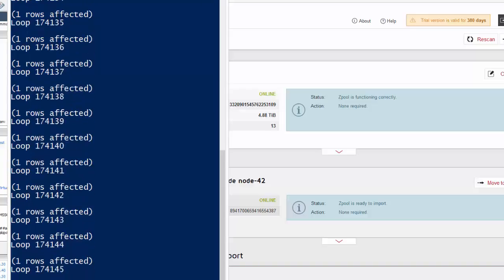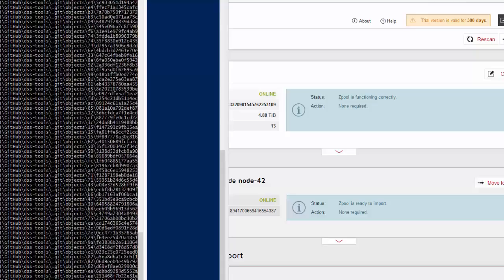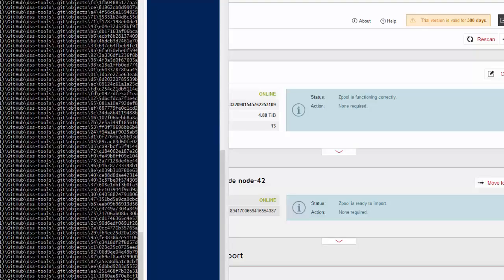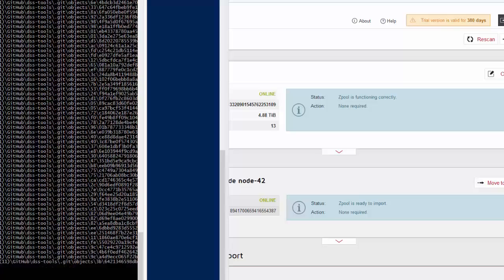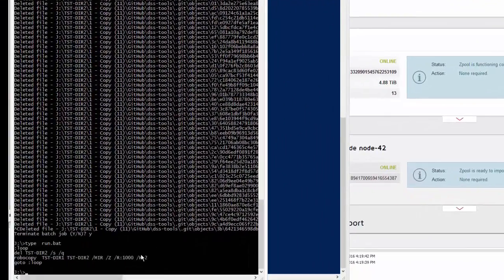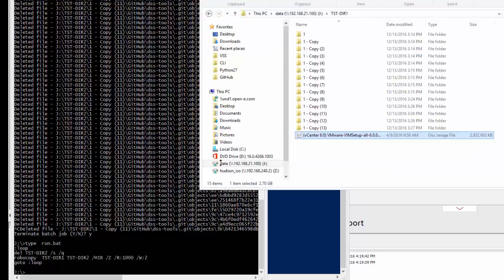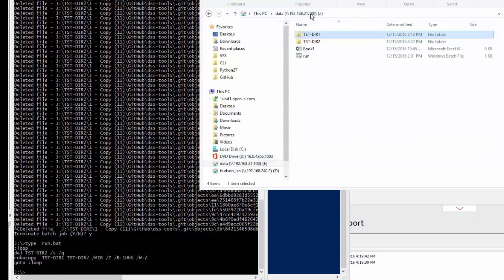There is one more thing. I have a script, maybe I will show you. That's a very simple loop batch script, which is just deleting everything in my test folder and then copying. You see, I have a share.